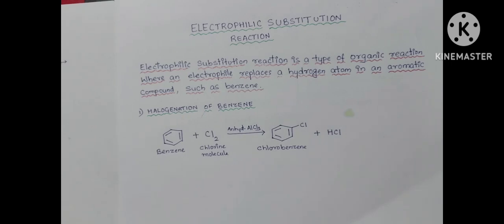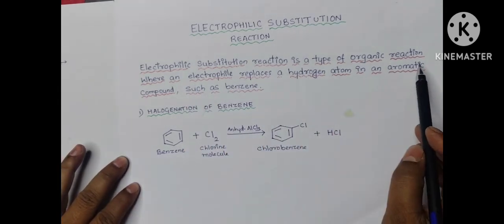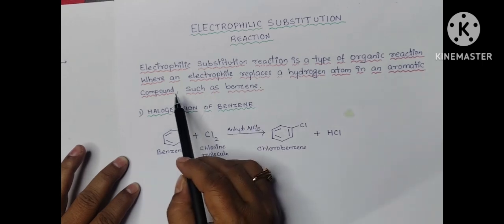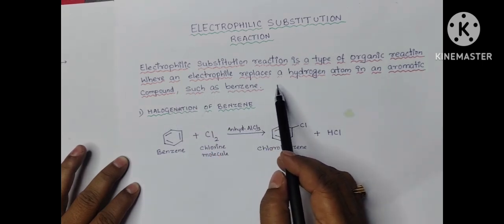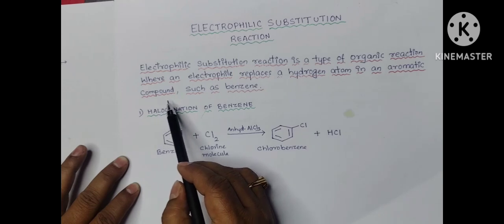Before we dive into the mechanism, let's first understand what an electrophilic substitution reaction is and what a Lewis acid means. Electrophilic substitution reaction is a type of organic reaction where an electrophile replaces a hydrogen atom in an aromatic compound